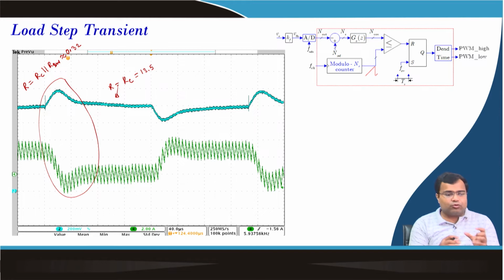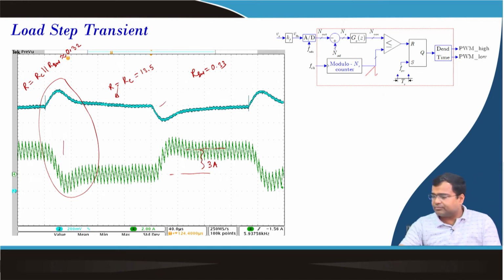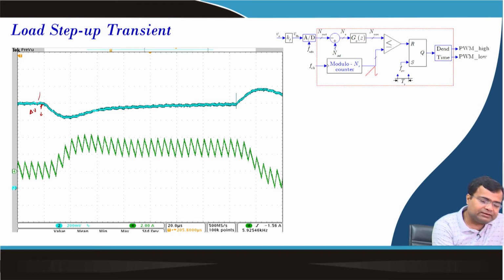So, that means, because our RSW is 0.33 and our reference output is 1 volt, we are effectively making a load transient of nearly 3 ampere load step. Here it is a step down transient, this is a step up transient, and for more detail, if you consider the step up transient, then we are getting an undershoot of delta V approximately equal to 180 millivolt,